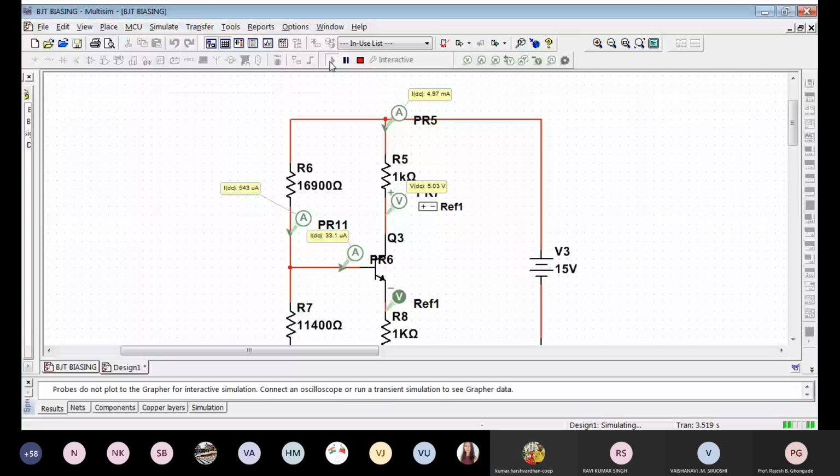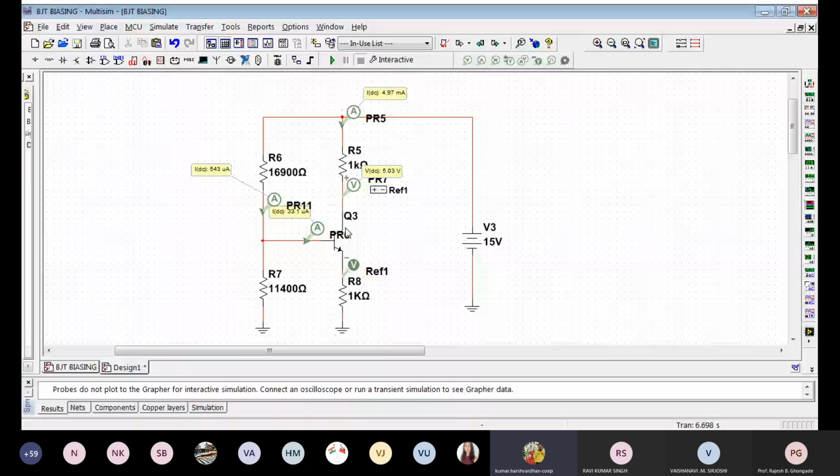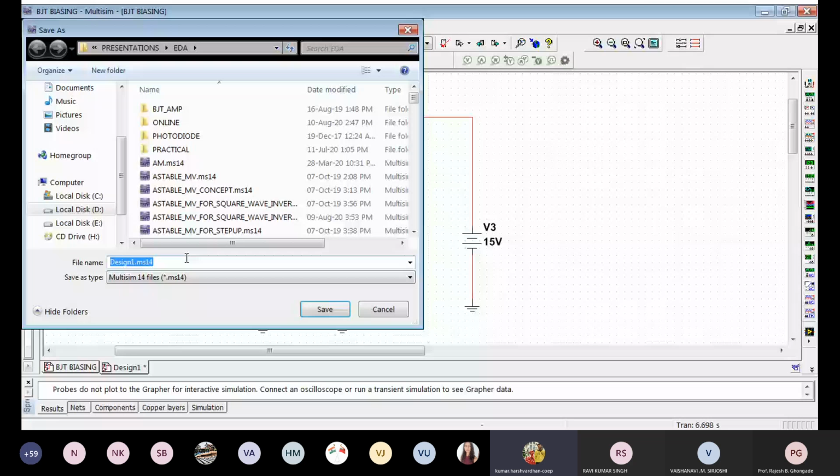All right. Is this okay with all of you? Yes, sir. All right. So this is what I want all of you to practice. What we have seen so far with Multisim, verify whether the analysis and actual simulation results tally or not. All right. The last one which I wanted to, let me save this. Okay, I'll replace it. Fine.